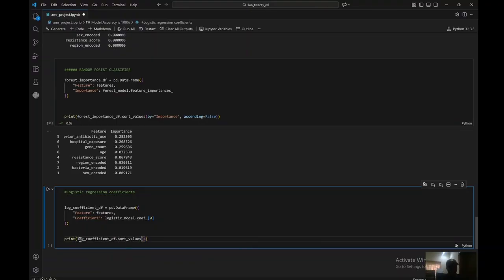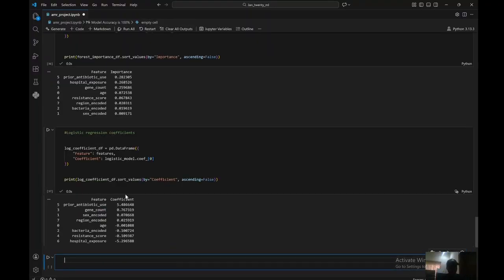Let's sort it by values, and then we want to sort it by the coefficient which we did assign here, and we can just pass ascending equals to false, and then that's it. So yeah, basically what this implies is that it implies that